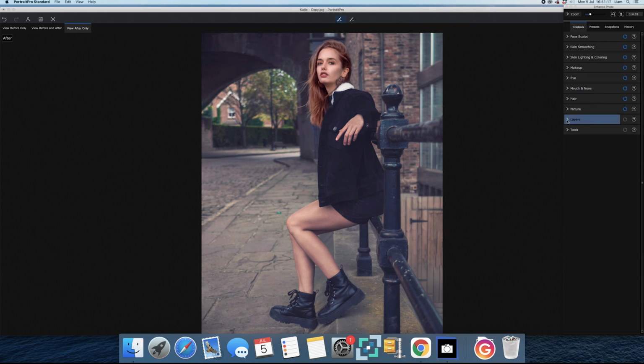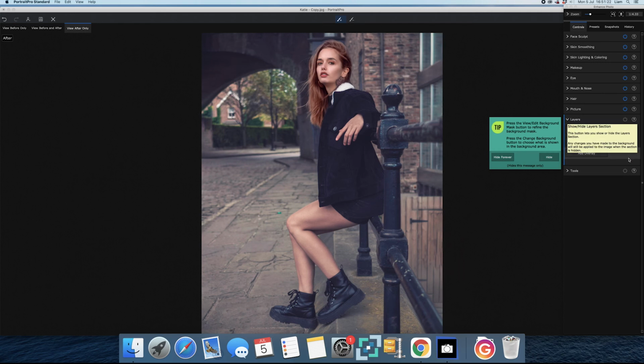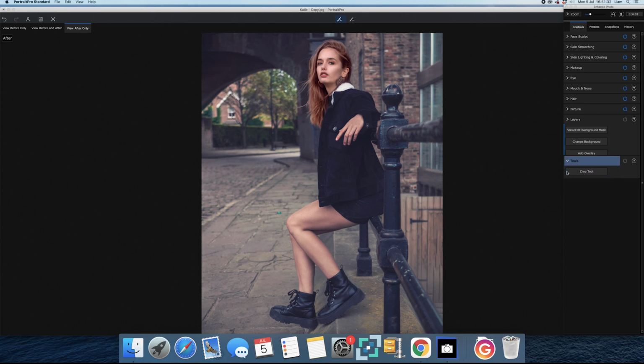and going down, layers, show hide layer section. Okay, you have view, edit background, mask, change background, add overlay. I will look at this on a different tutorial because I'm running out of time a little bit. And you got tools. You got crop tool, lighting brush, clone tool, and replace sky. Okay, so there's no sky there, so we can't really replace this sky. So going back up to skin, lighting and coloring,